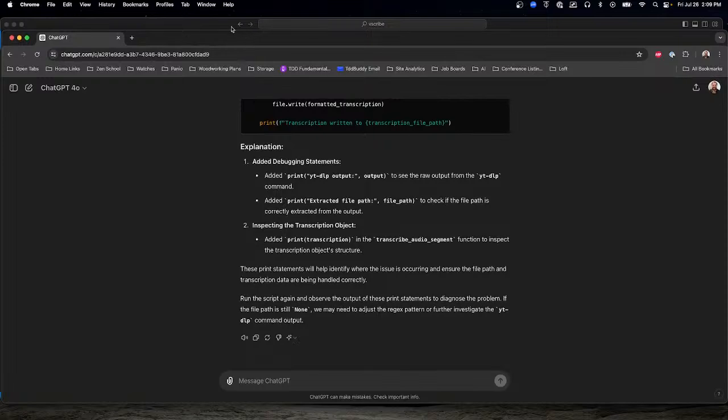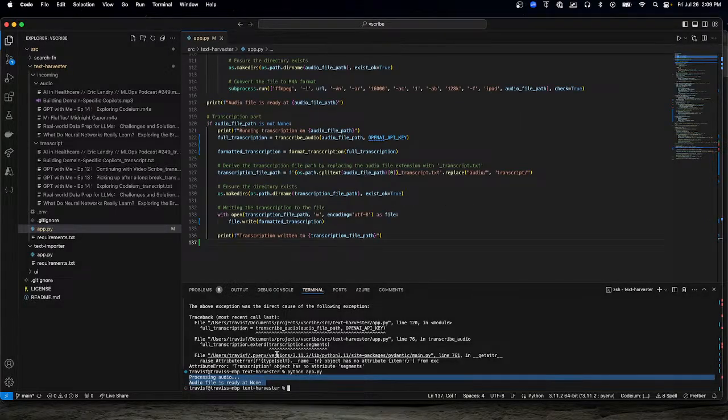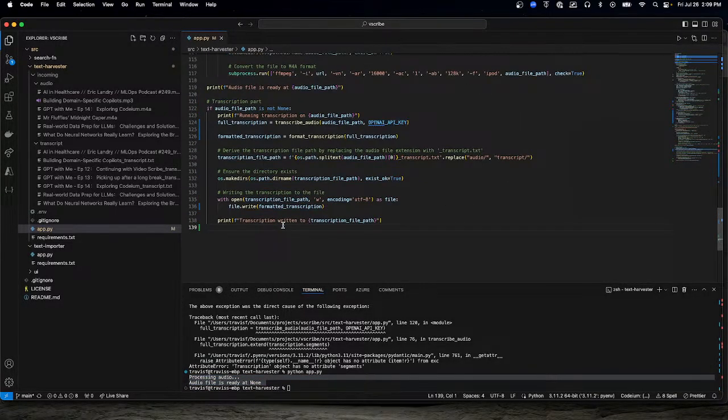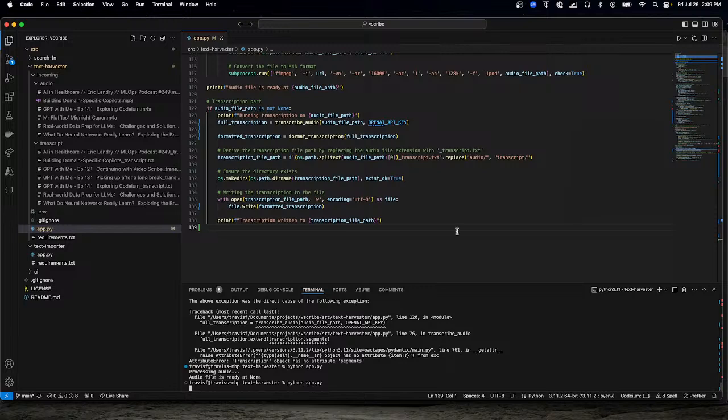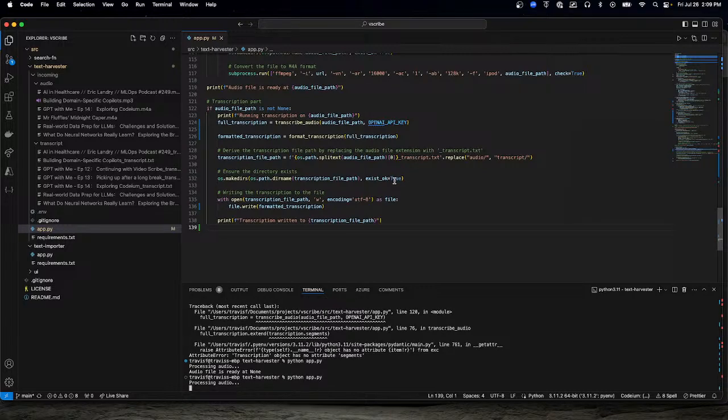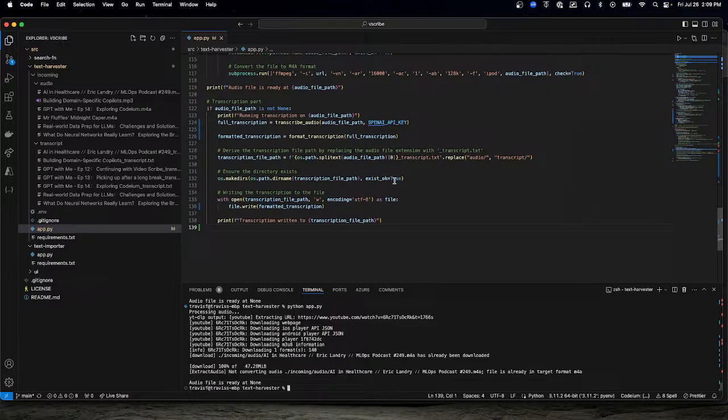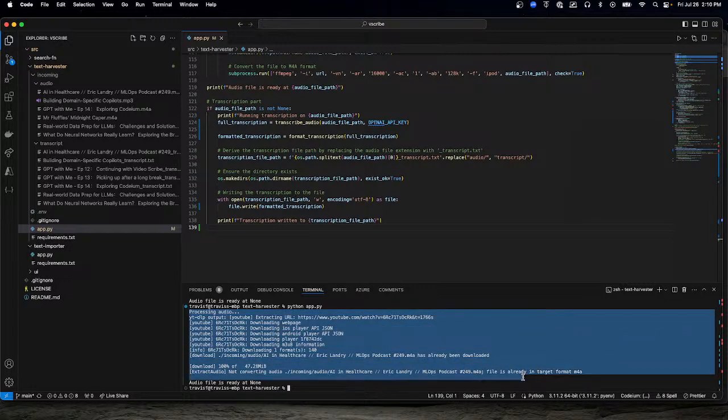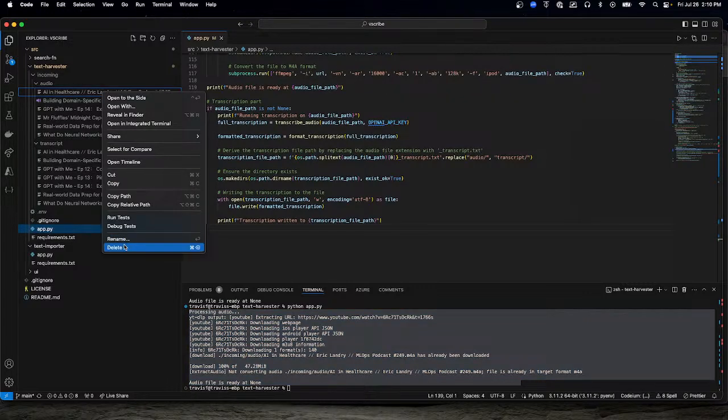This is kind of an interesting and neat experiment here. So did I do that? Let's copy that. All right. Oh, it's because it's telling me the audio's already ready. Let's go delete that.